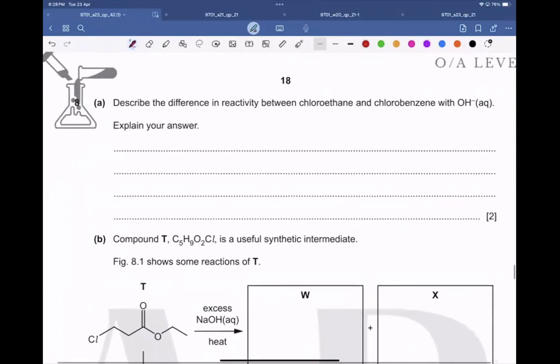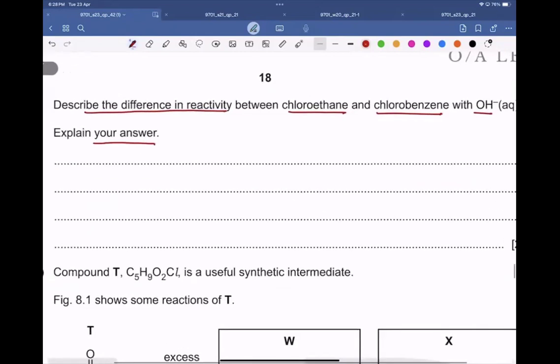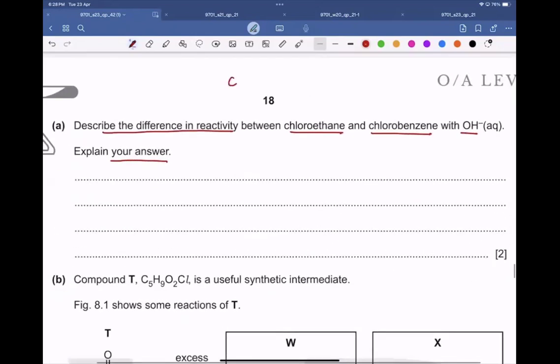Now let's move to question number 8. Describe the difference in reactivity of chloroethane and chlorobenzene with hydroxide. Explain your answer. So with the hydroxide, if you recall, it's a hydrolysis reaction. The reaction of chloroethane, C2H5Cl, if we heat it with aqueous hydroxide ion,